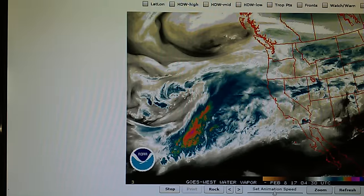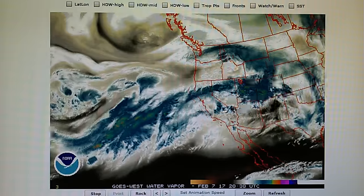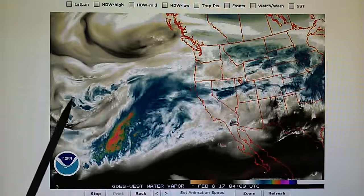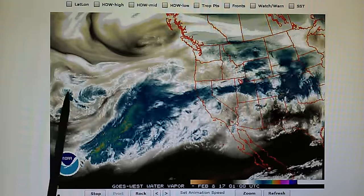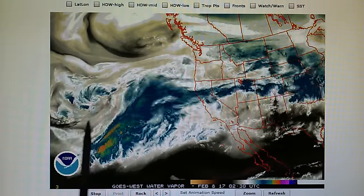All right, now here's the western U.S. water vapor map. And we're looking at this gale force system. And right here, we can actually see some clockwise rotation right there. And that is the result of descending air, because there is a transmitter working in this area, causing a channel right